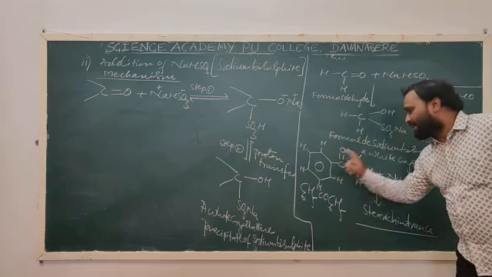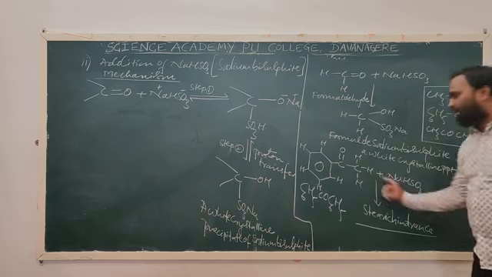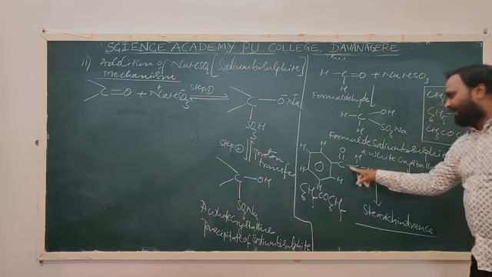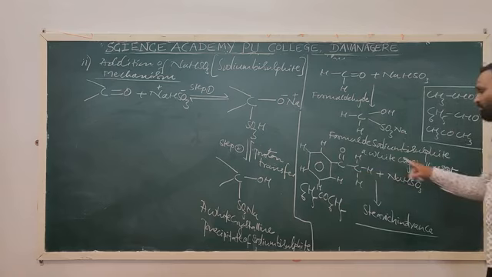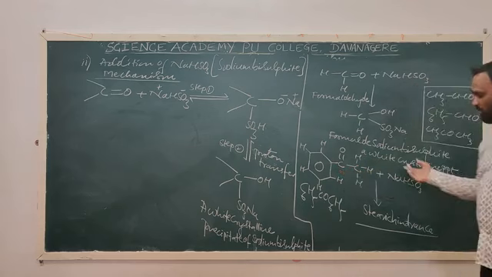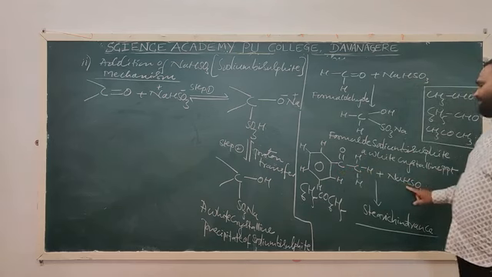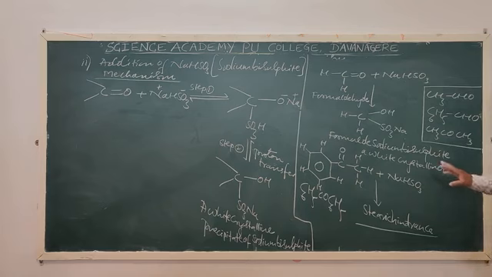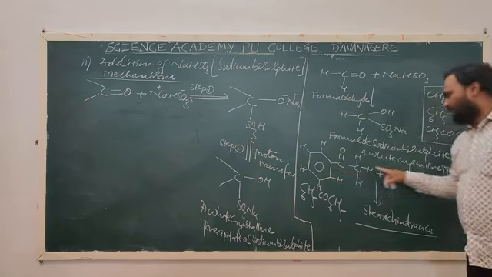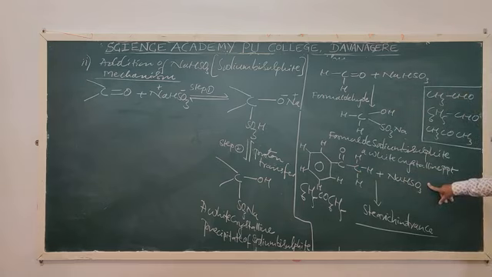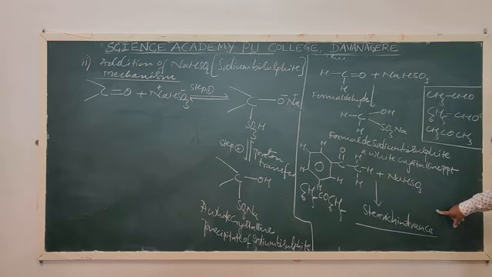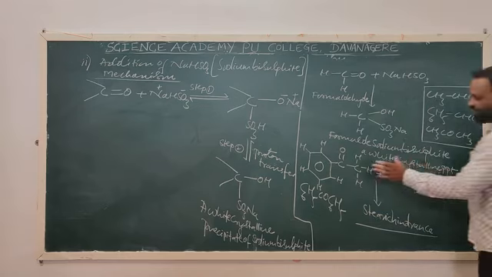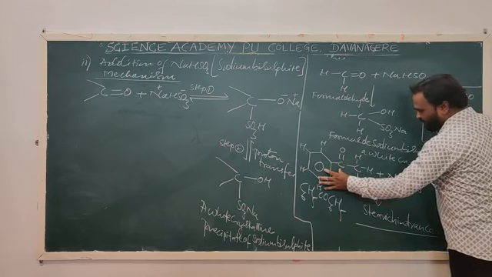Next, if we take acetophenone, this is the structure of acetophenone. This acetophenone does not react with sodium bisulfite, or else this acetophenone does not give a white crystalline precipitate with sodium bisulfite. For both the questions, the answer remains the same. Acetophenone does not give a white crystalline precipitate because of steric hindrance. What do you mean by steric hindrance? If you see the structure of acetophenone, this is the structure.